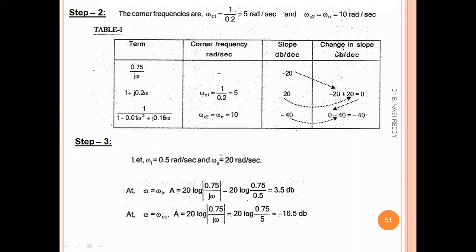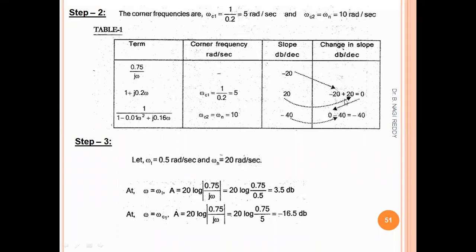And the fourth one is change in slope. This change in slope can be done by combining two slopes, meaning present slope and previous slope. For each and every problem, for the first term, we won't get any change in slope value because this is the first term. We don't have any previous values. In order to calculate the change in slope, we have to know the previous value also. But for the first term, there is no possibility of getting a previous value. So for each and every problem, the change in slope for the first term is nothing.